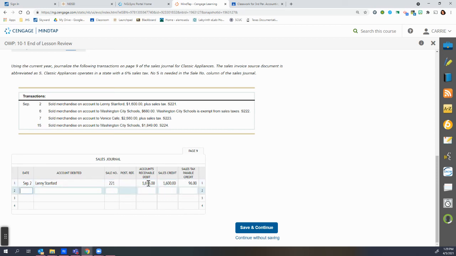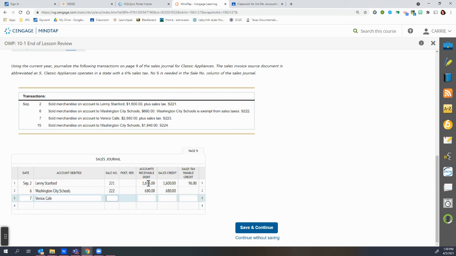And then on the 6th, we sold merchandise to Washington City Schools. And it's invoice 222, and it's $680 sales. They are exempt from sales tax because they're a school, so that would just make that a 0. And then our accounts receivable debit is $680. They owe us $680. On the 7th, we sold it to Venice Cafe